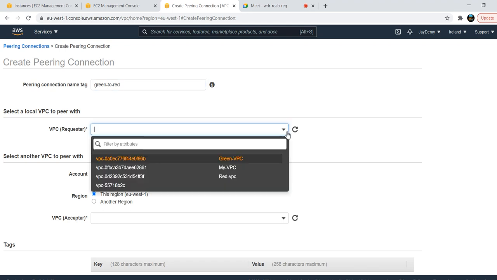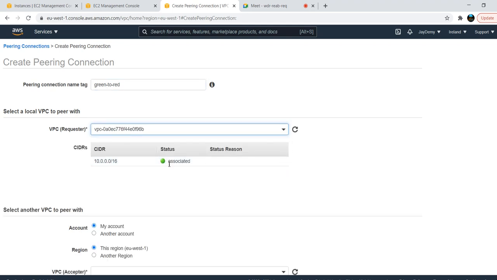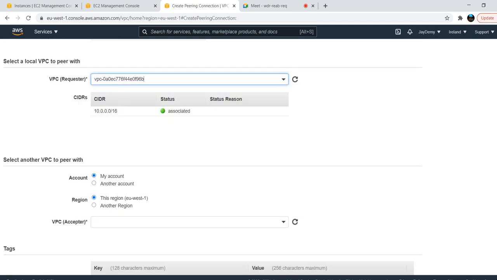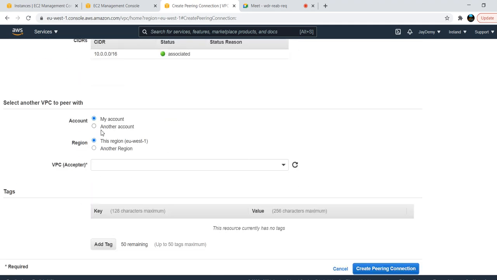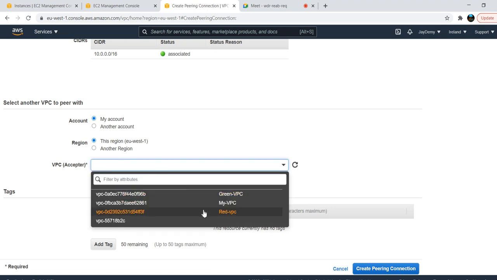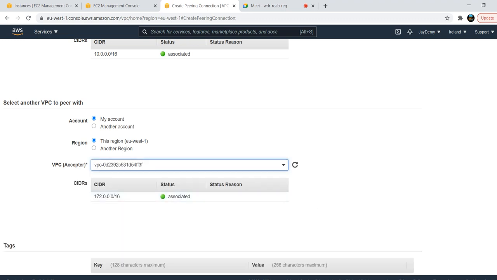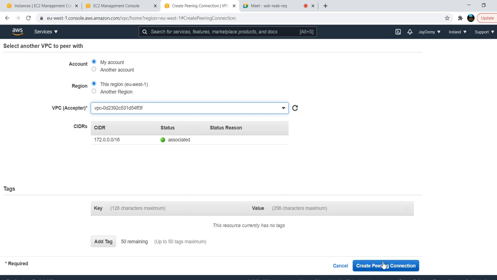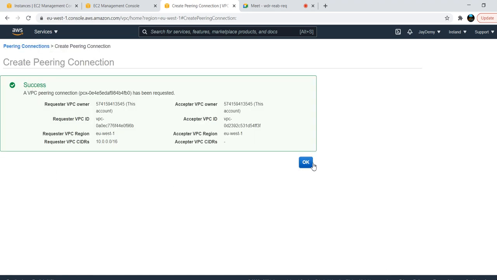I am the requester, that is green, so choose the green VPC. Then choose within this account or another account, within the region or another region. At the moment we are going with the first option, this region only. Who is the acceptor? The acceptor is the red VPC. Just create the peering connection.